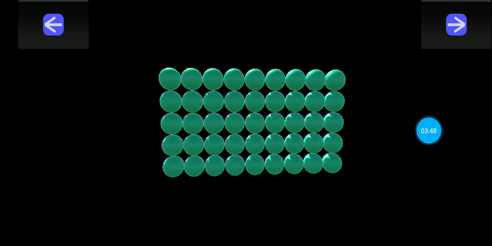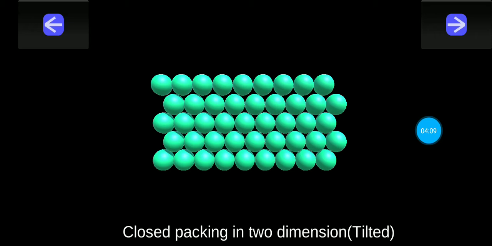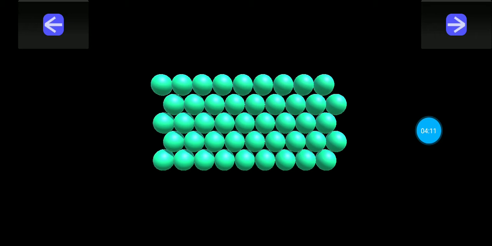After this, first of all, this two-dimensional packing is called AA two-dimensional packing, because the straight line atoms are aligned exactly below another straight line atoms which are aligned exactly below another straight line atoms. Let us see another two-dimensional packing which is called AB two-dimensional packing.